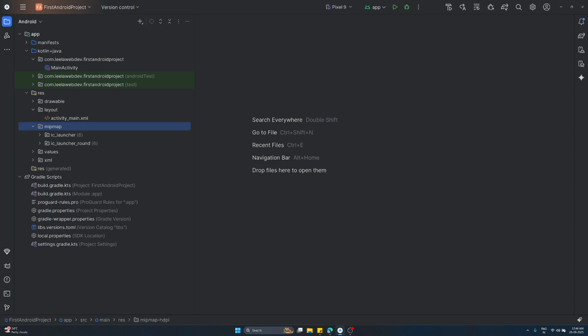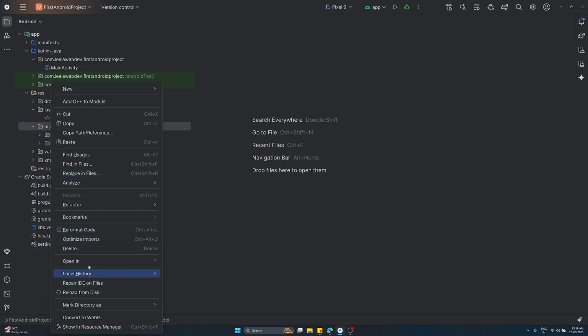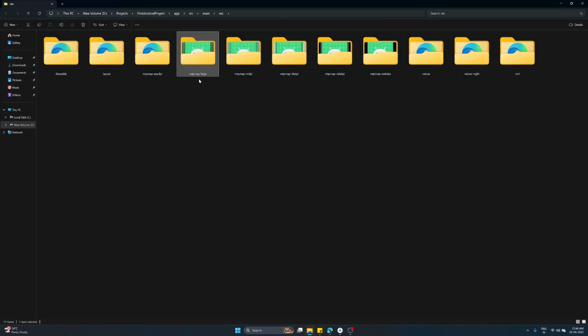Okay, so this is the Mipmap folder which you are able to see, and I will try to open this folder in the Explorer so that you can understand what it contains. So this is the Mipmap. If you open the Mipmap here, you will be able to see mipmap-ldpi, hdpi, mdpi, xhdpi, xxhdpi, xxxhdpi, something like this. What I can tell you is it's low, medium, high, extra high, extra extra high, and extra extra extra high density